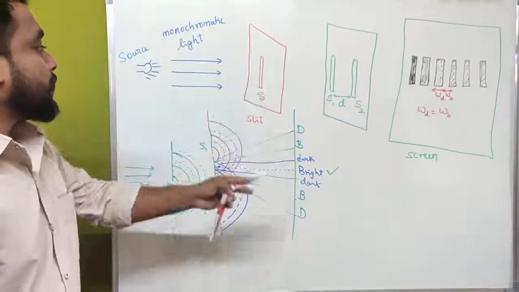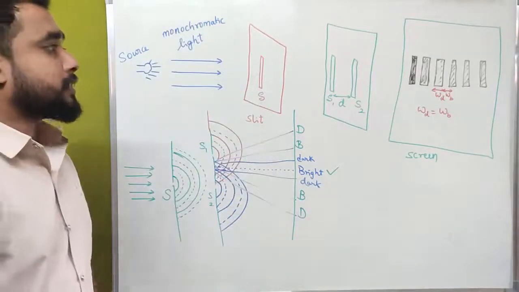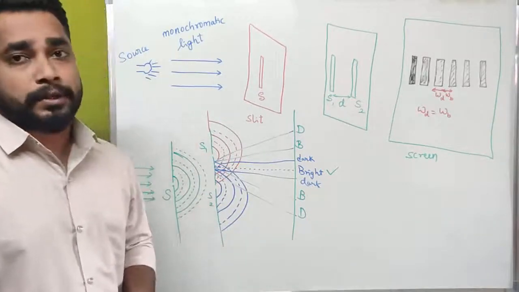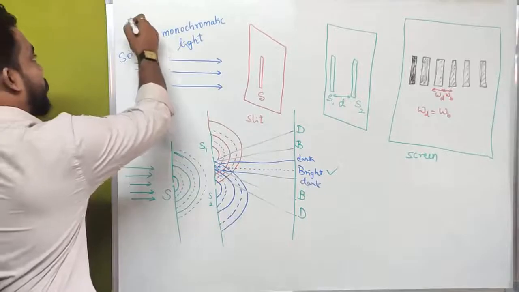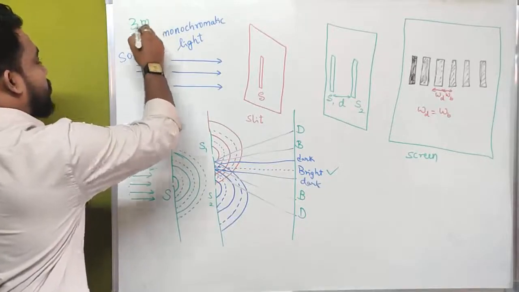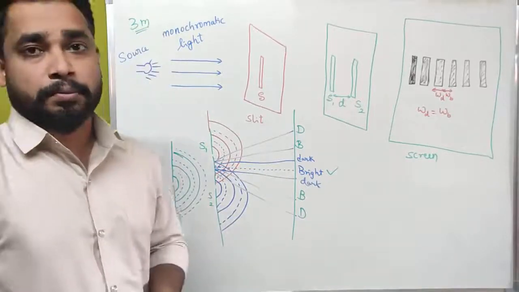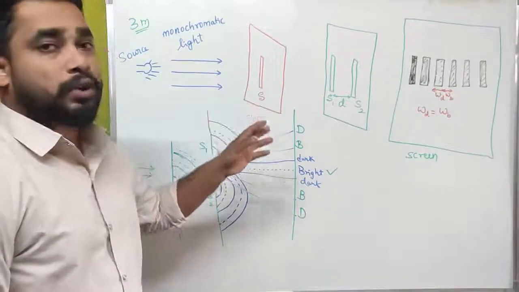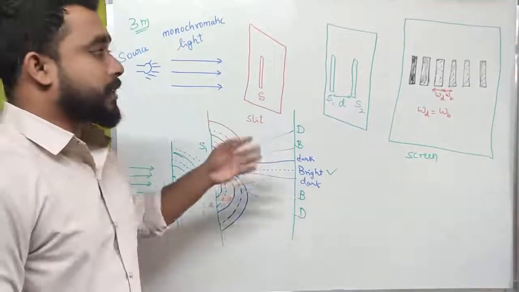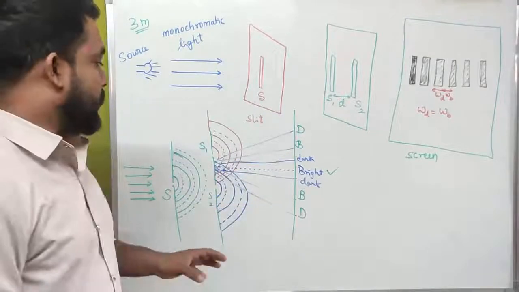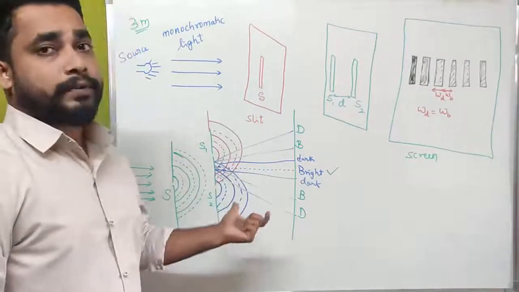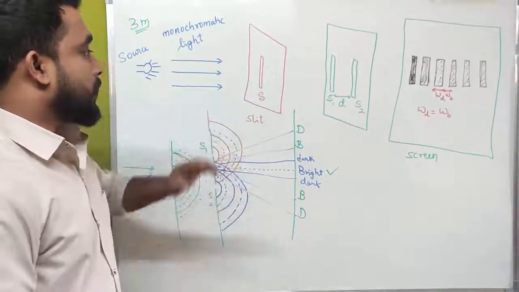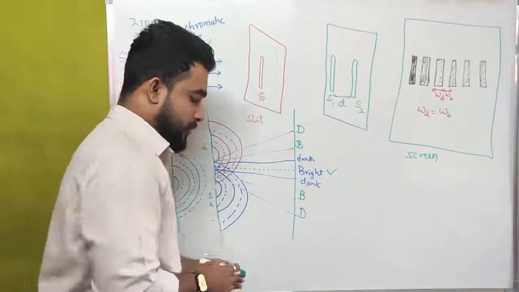This is the overall concept of Young's double slit experiment. This may be asked in your examination for 3 marks. Actually, this is also a very important concept of your wave optics chapter. Without knowing this concept, it is very hard to understand diffraction and interference. This is a main concept for diffraction and interference also. That is why I have explained this.